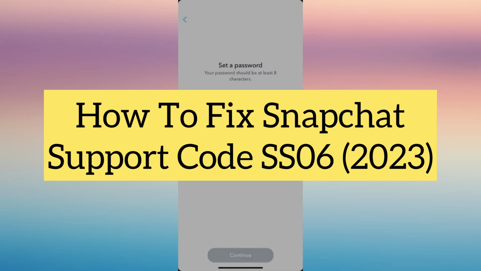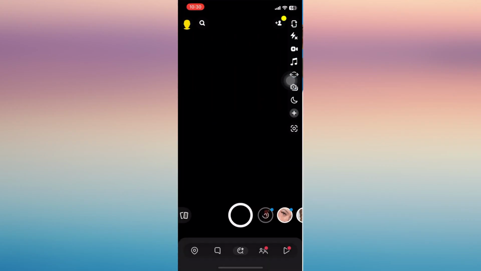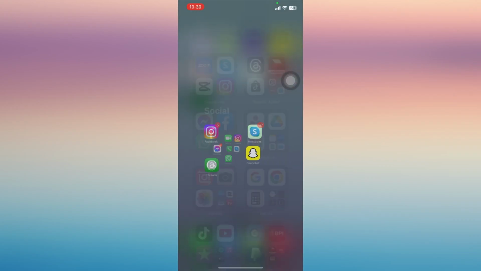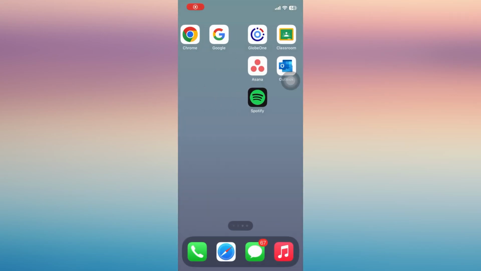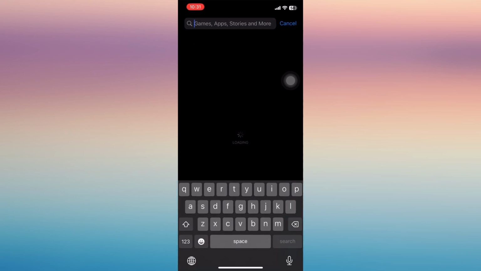Hi everyone, in this video I'm going to show you how to fix Snapchat support code SS06, which temporarily disables your Snapchat account due to multiple attempts or suspicious activities. Let's get started. Now for us to solve that, all we have to do is go to our App